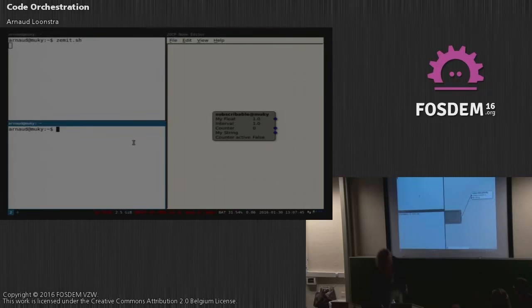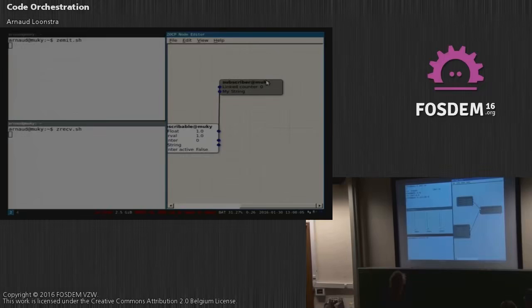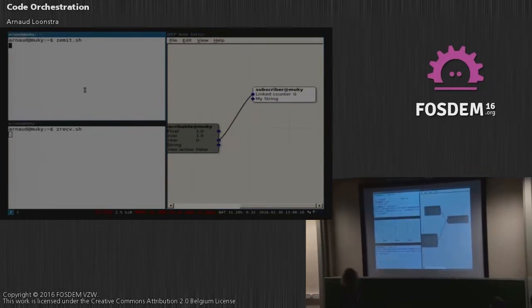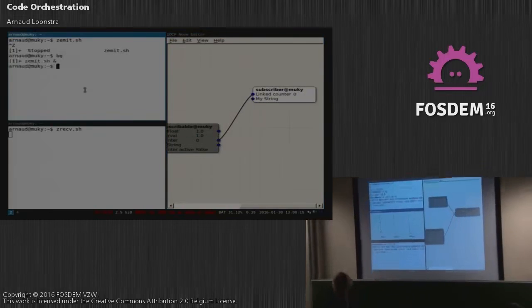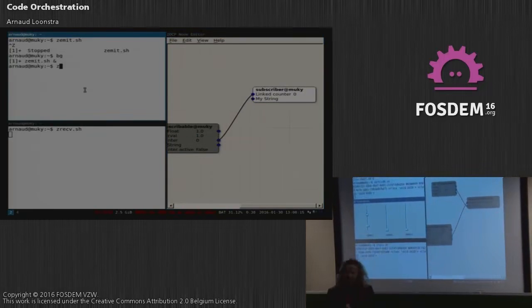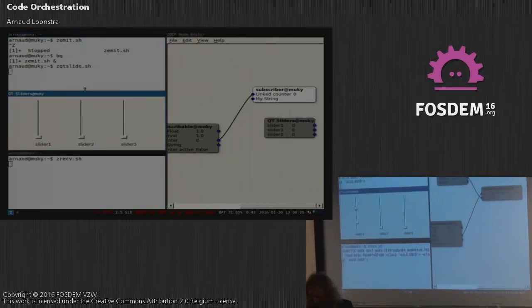And I can add more programs, like a Qt slider mode. So you can connect it like this, and now if I move, right, you see it? You get the idea. If you want more details about this, look in the FOSDEM archive, because I explained it all out.